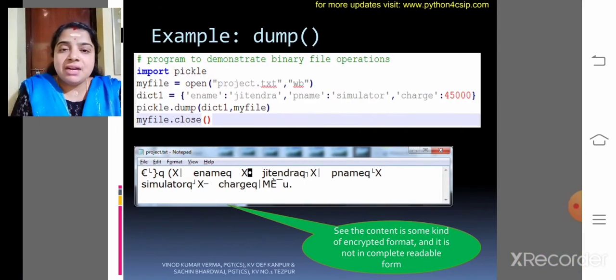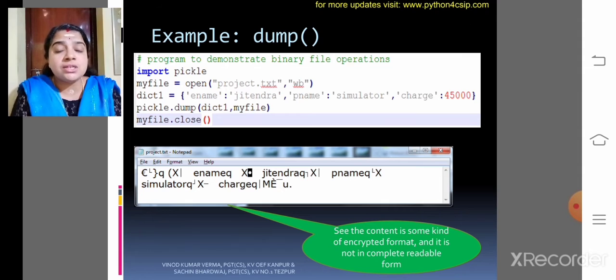Here I have given one example with dump. Import pickle. This program demonstrates how the binary file functions in a Python program. First, we need to import the module called pickle. myfile equals open, I am opening the file for writing in binary mode.